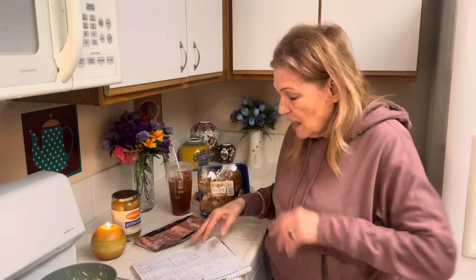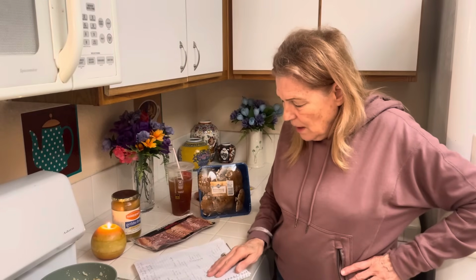And then with my garlic, that I got a lot of cloves, I bought those at Smart and Final. So you learn, okay, Smart and Final has markdowns on produce, and you know, I got some nice food today. Okay, so